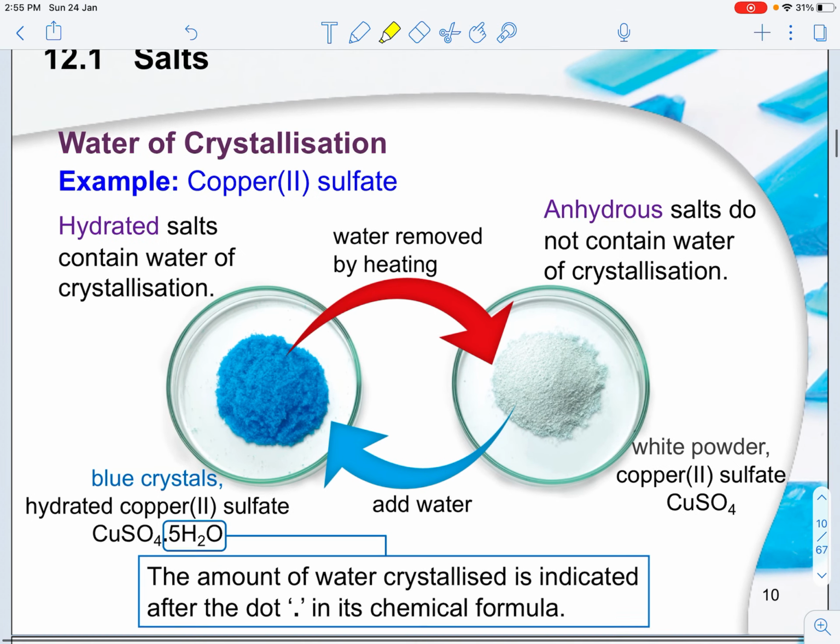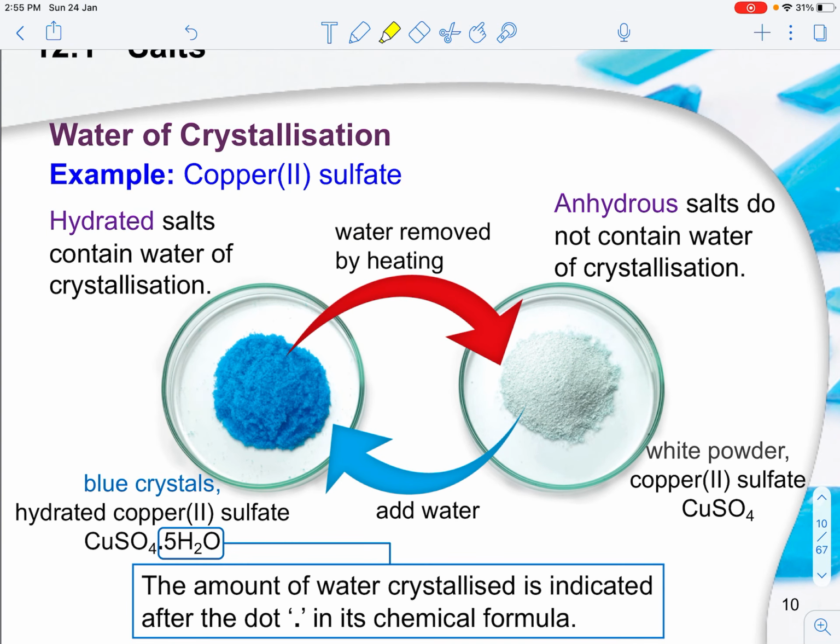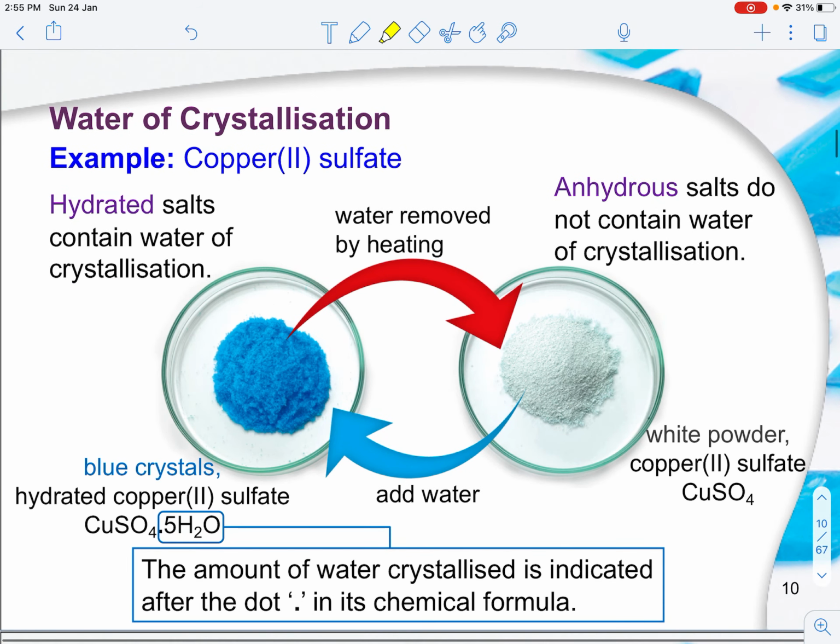So like what was being shared just now, when we take a look at this, copper 2 sulfate, they tend to be a bluish color, and this is because of the hydrated form. Now, are you required to write this water of crystallization in your equation? Ideally you should, but for secondary school exams, we tend not to actually include this. But should we want to include the water of crystallization, we tend to use a dot to actually cover it, so that we could say that the water of crystallization is attached to that specific salt